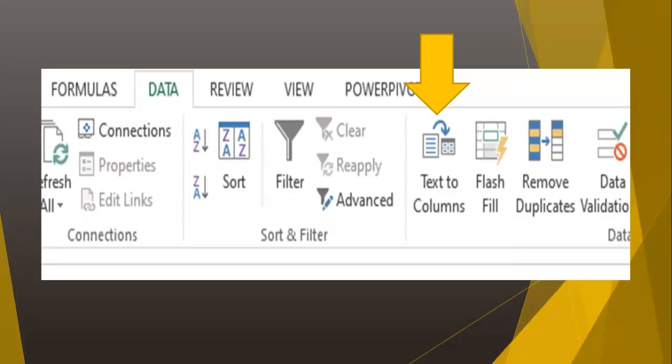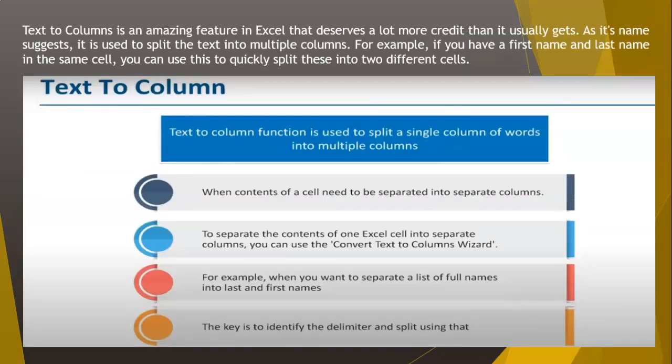We should discuss now, under the data toolbar, text to columns. Text to columns is a very good function available in Excel, and it is used to split a single column of words into multiple columns. Very useful when the contents of a cell need to be separated into separate columns.